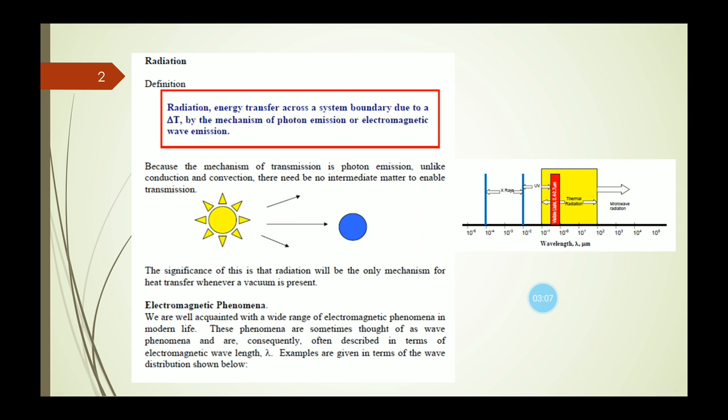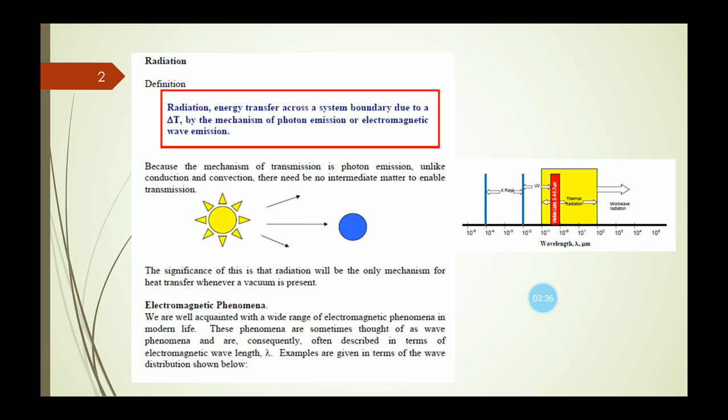So the contribution of radiation to heat transfer is very significant at high absolute temperature levels such as those prevailing in furnaces or combustion chambers, or nuclear explosions and in space applications. Again, the solar energy incident that we experience in our daily life, the solar energy incident upon the earth, is also governed by the laws of radiation.